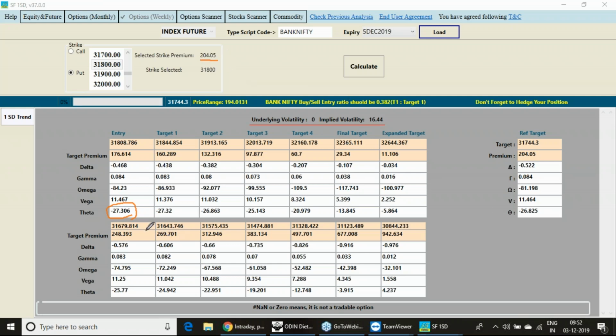So it is telling that if you are buying this option, you must buy at 248. Keep 176 as a stop loss. So these are your targets: 269, 312. And you should buy it when the spot level comes to 31,679. Spot level is referred 31,744, and once it comes to 31,679 of Bank Nifty spot, that time you can buy